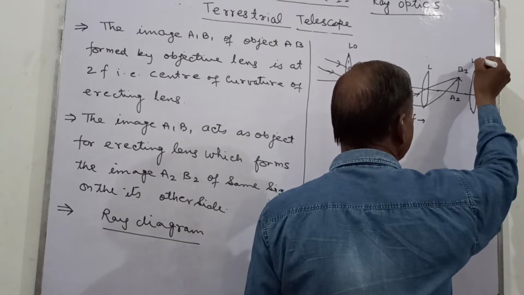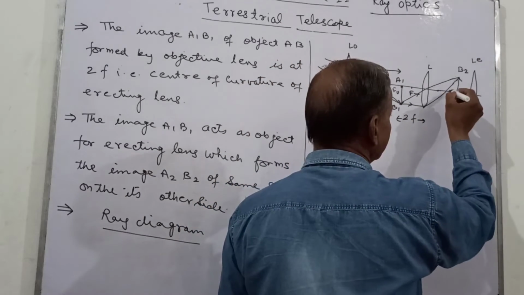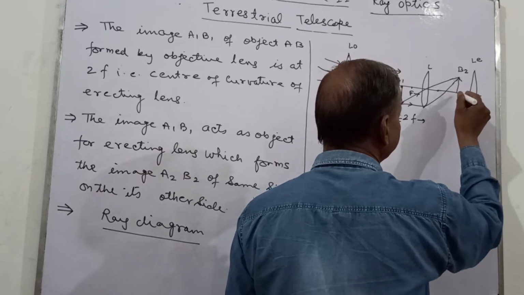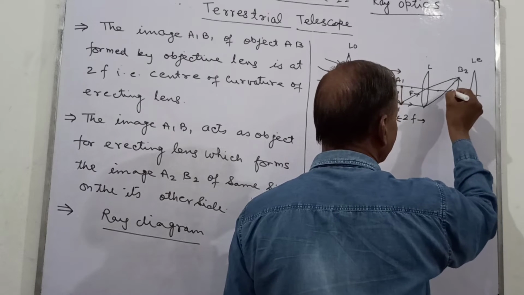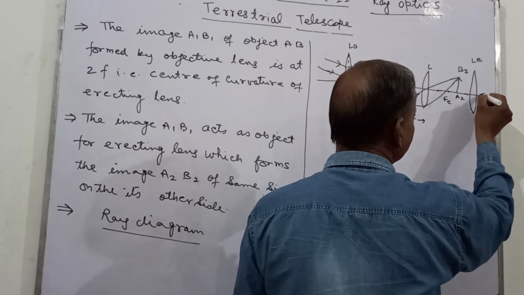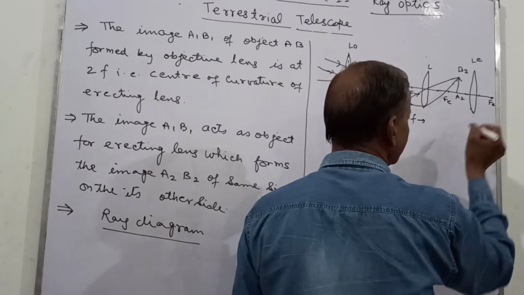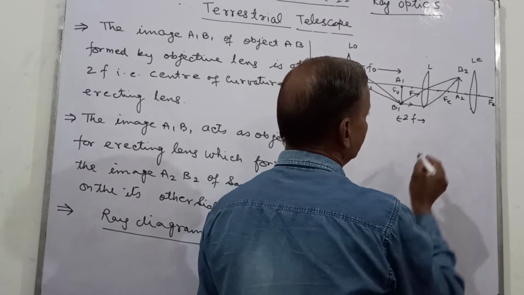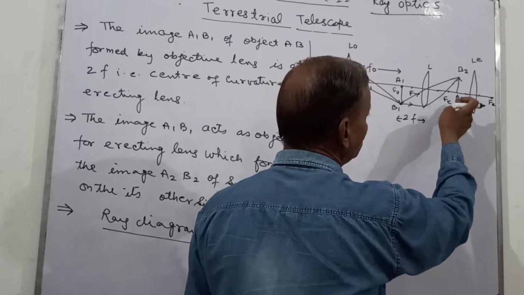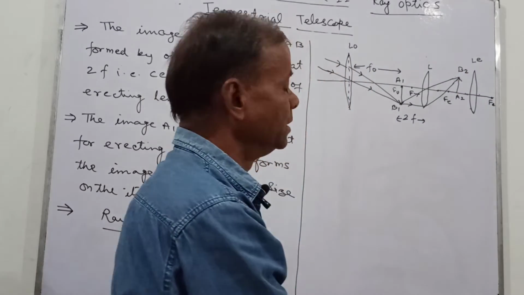This is now eyepiece LE. And now what happens is that this is the focus of this one. This is now the focus point FE, so also the focus point on this side. Now what will happen is that this A2B2 lies between this lens LE and the focus of the